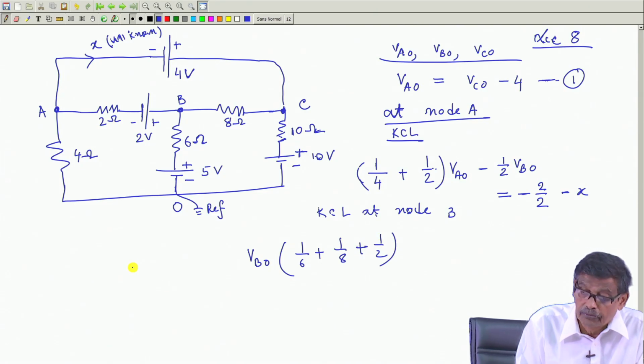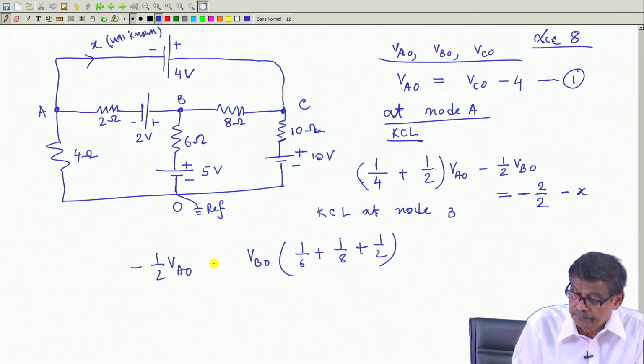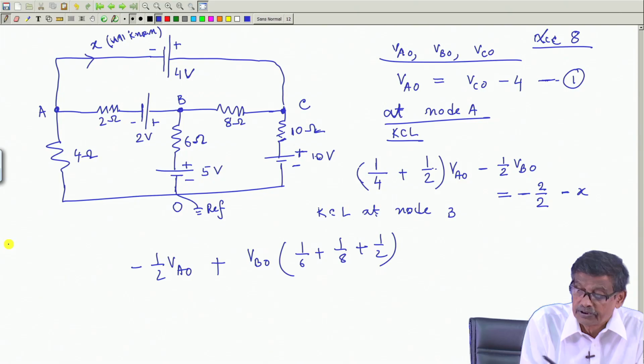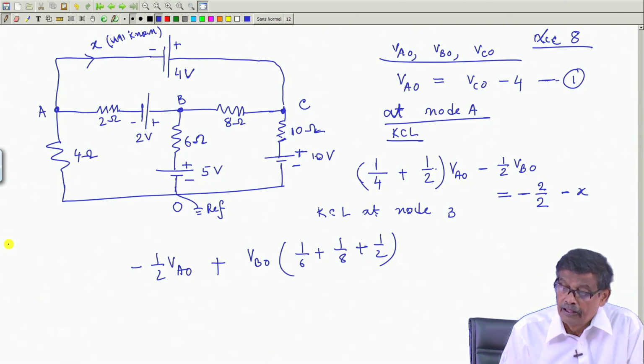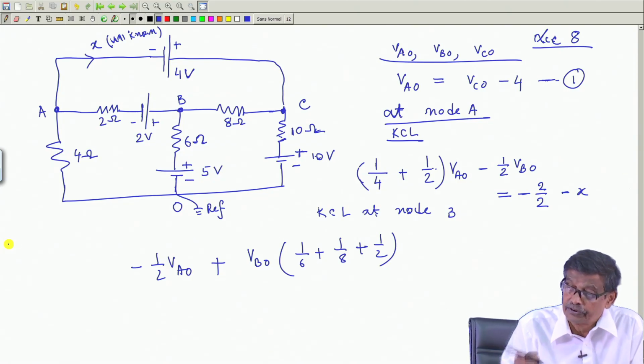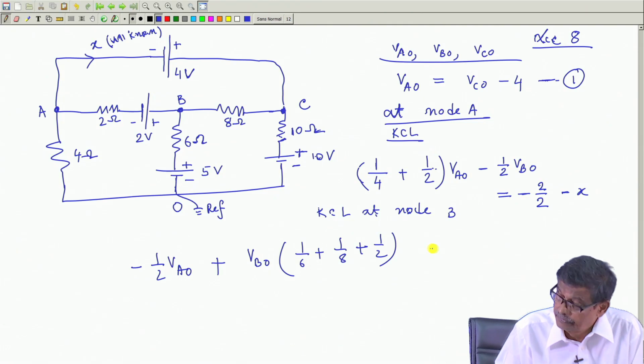Coefficient of VA0 will be minus half VA0. Common resistance is 2, and the coefficient of VC0 is minus 1 by 8 VC0,